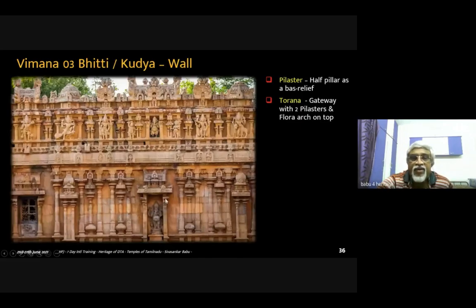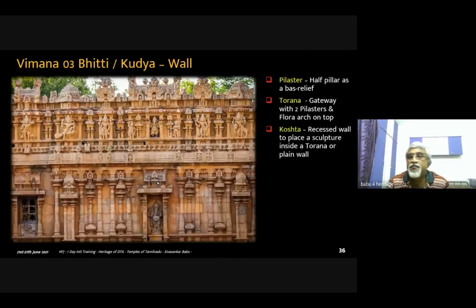We also have a different variety called Nakula Stamba, where instead of having the front half, the side half is shown, as if one pillar is split and put into two parts in this area. When you have a Torana, it will have two half pillars and one Kapota on top, and a small temple-like structure on the crown. Or some Toranas will have an arch.